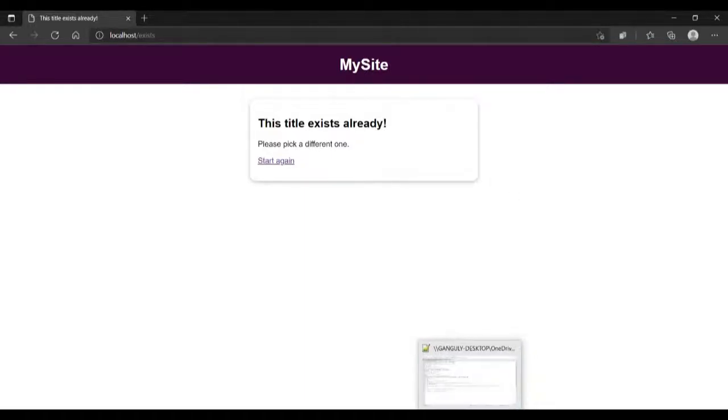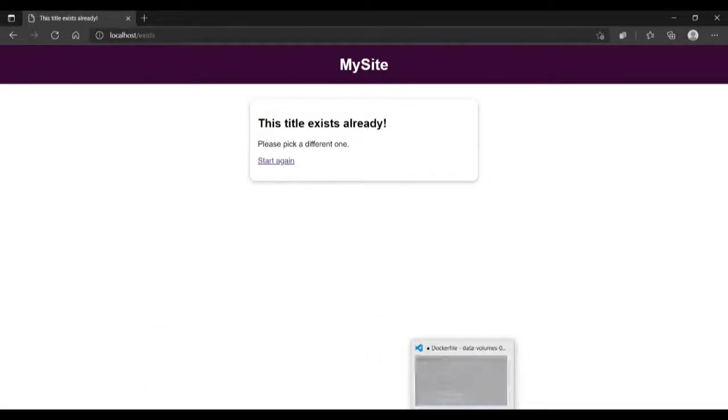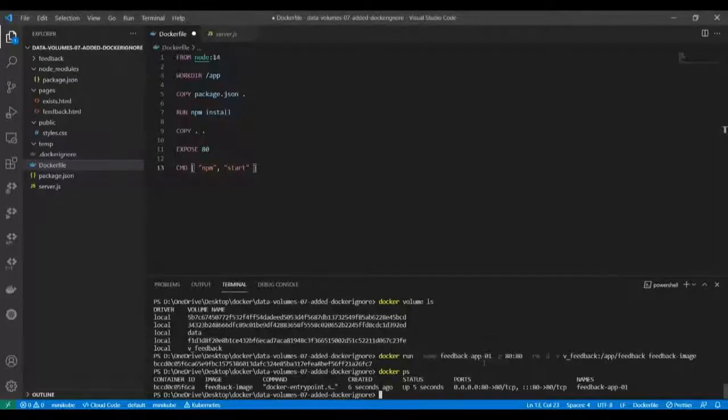Now the fun part, the extra part which I was telling you. Let me go to VS Code over here. Now I will run another instance of this container. If you know about containers, we can run the same image in multiple containers, and it will not do any harm.